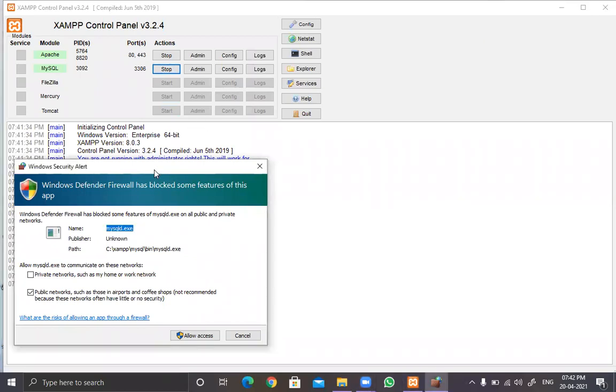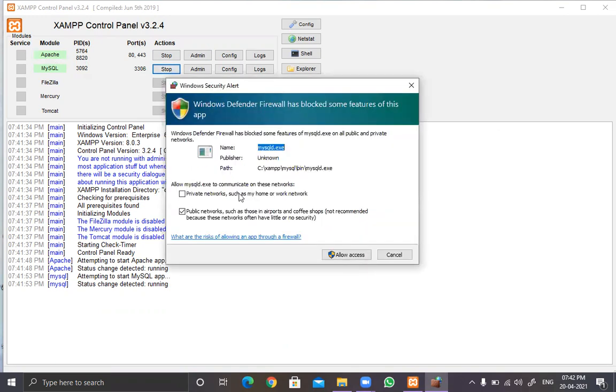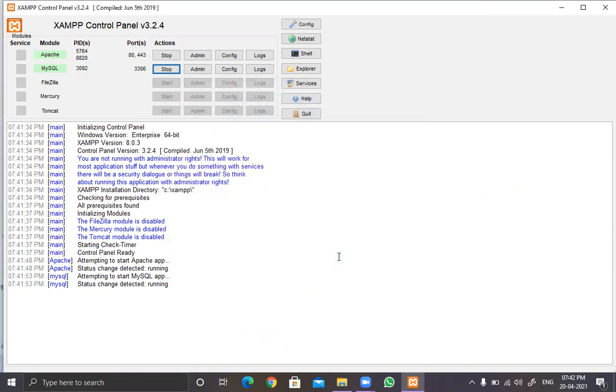So now XAMPP server is installed, and I started this XAMPP server. When I click on this start button here, it converts back to stop, and the Apache starts running. Port numbers 80 and 443 it has occupied. When you click on MySQL, it will first ask you permission to allow MySQL across the firewall. So just click on allow access, and it will start running. And MySQL is running on port number 3306.